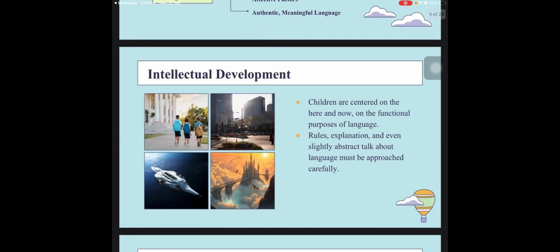First, intellectual development. Children live in the here and now, meaning they focus on what is immediate and useful. When teaching them, we should use simple, practical language and provide clear examples rather than long explanations.